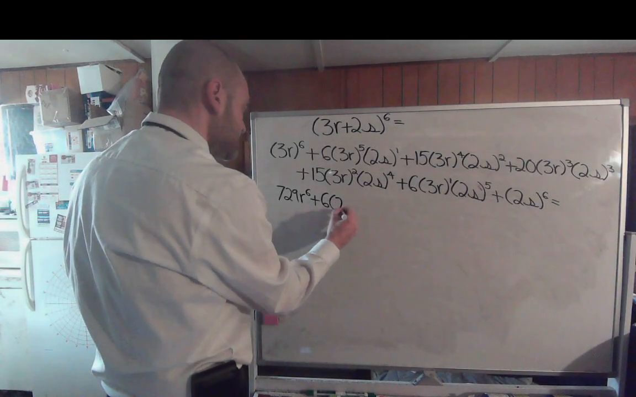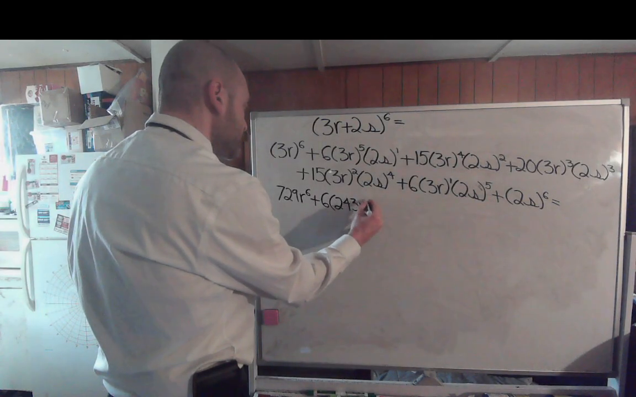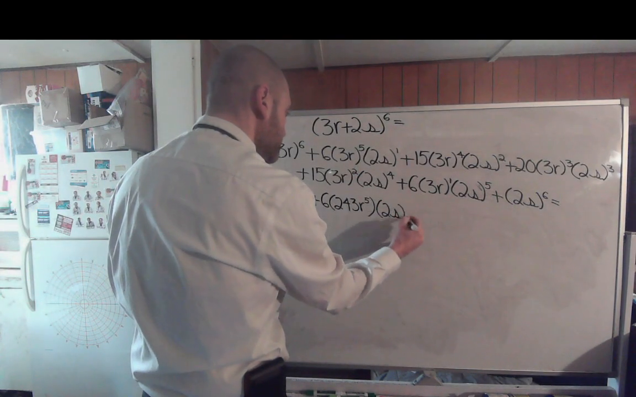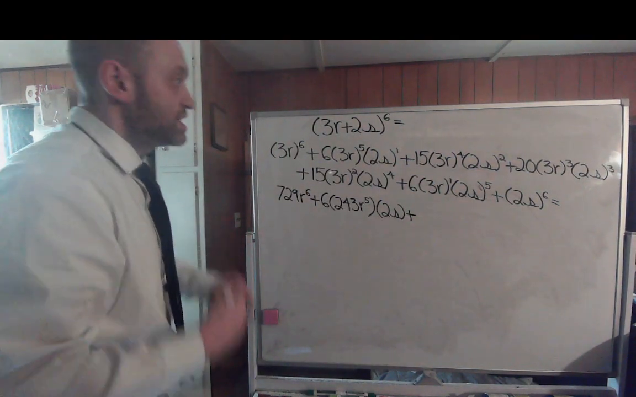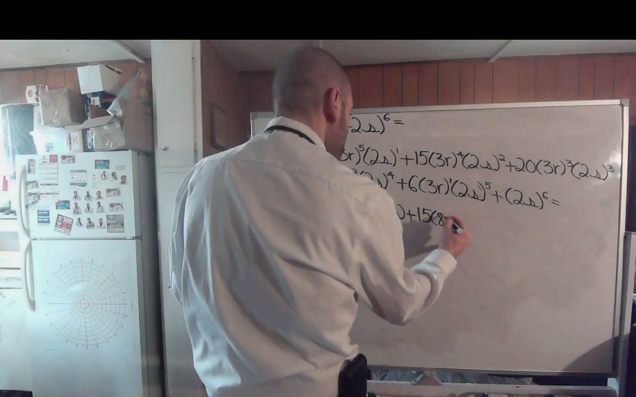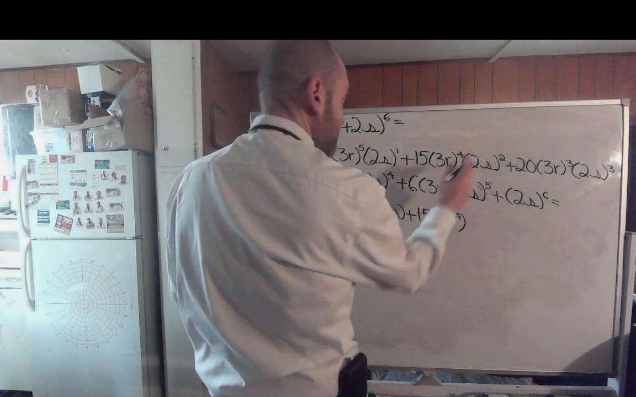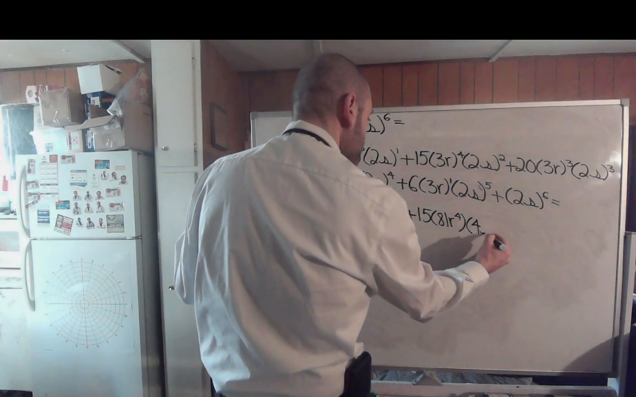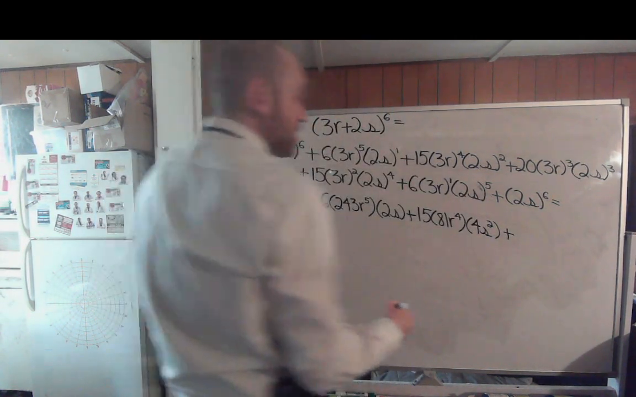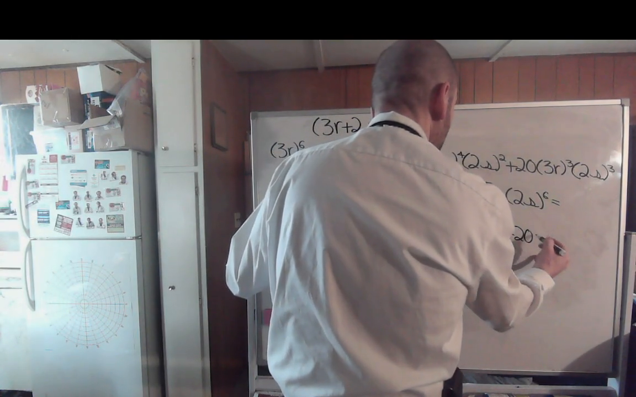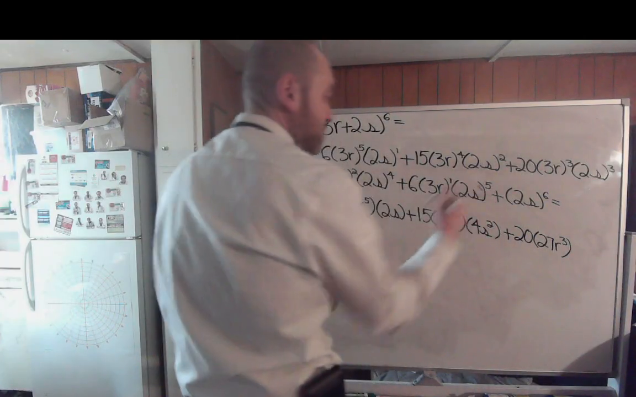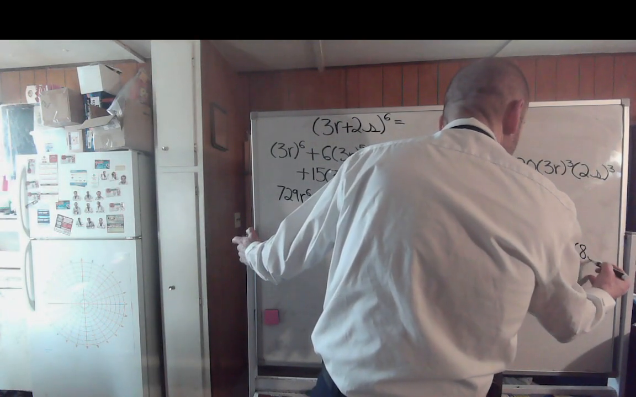So this will be 6 times 243 r to the fifth times 2s, because 2s is to the first, plus, now we need to take 3 to the fourth, which I know is 81, so that would be plus 15 times 81 r to the fourth, times 2s squared, so that would be times 4s squared, plus we'll have 20 times that 3r cubed, 3r to the third, that'd be 27r to the third, times 2s to the third, so that would be times 8s to the third,